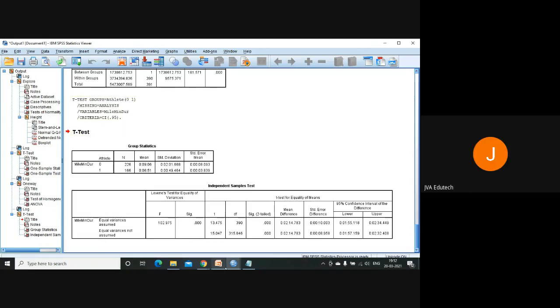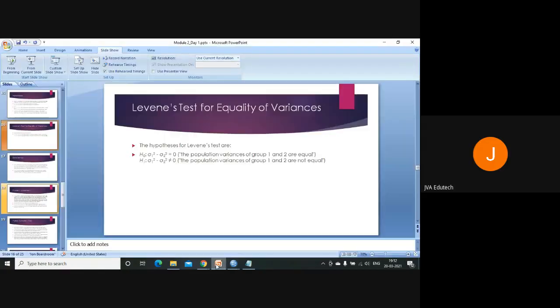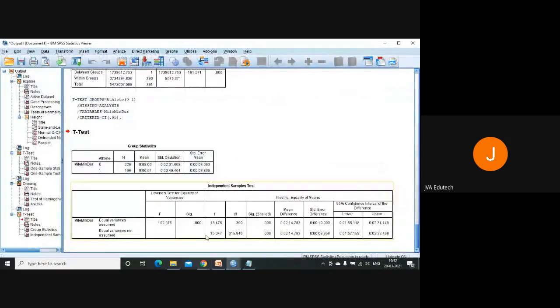Yes, because when we tested our hypothesis, it says that the equal variances are not there in group 1 and group 2. Our null hypothesis was rejected. So we will take equal variances not assumed. Because most of the time when we do independent sample t-test and we get these two results, people get confused about which one to take, equal variances assumed or equal variances not assumed.